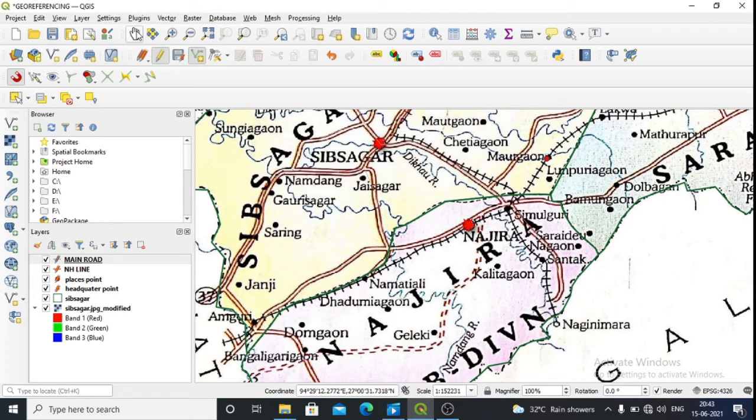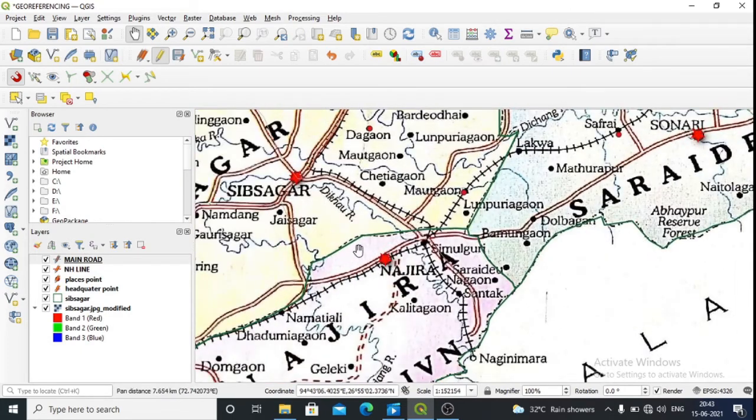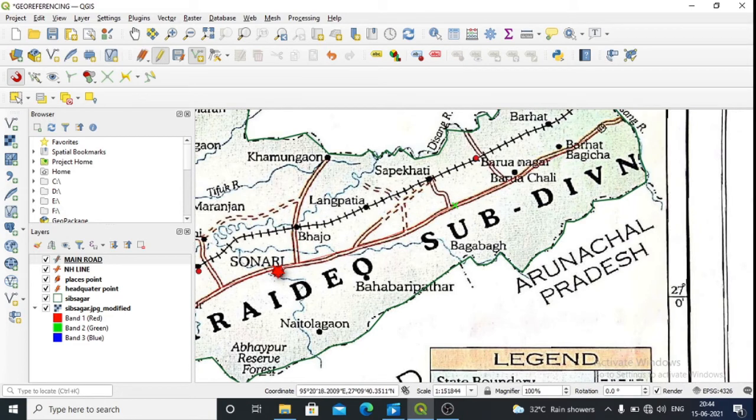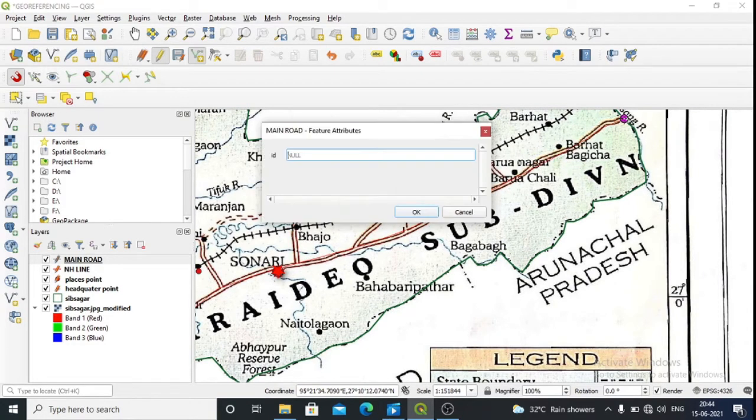Okay, then in this way you can keep on adding the different line features. Okay, so this one is over. Okay, now I need to draw this one. Line feature. Okay, right click. So this is ID number